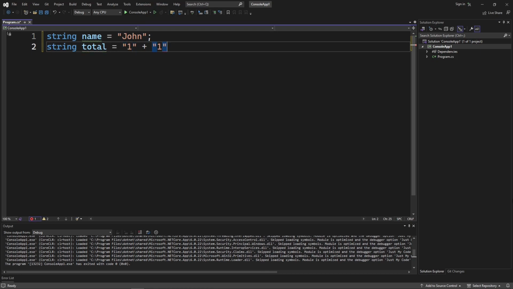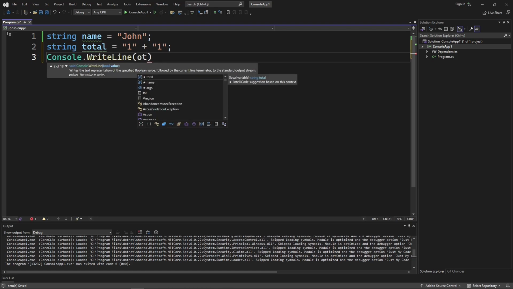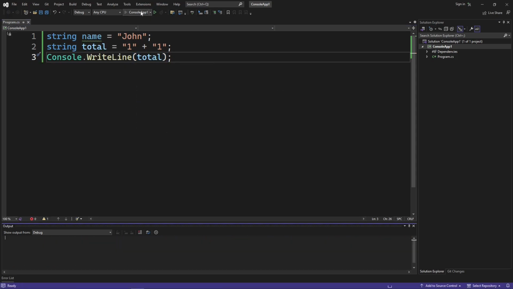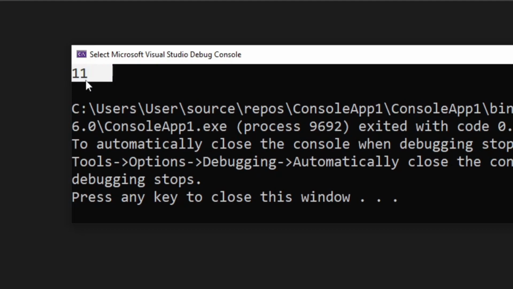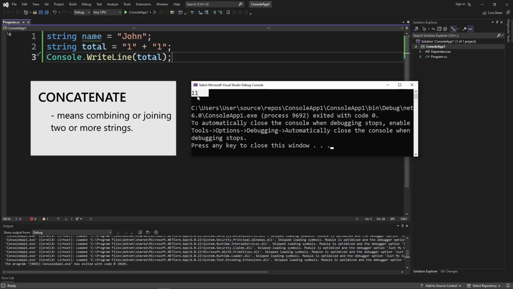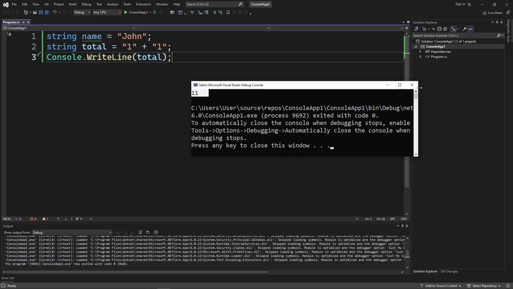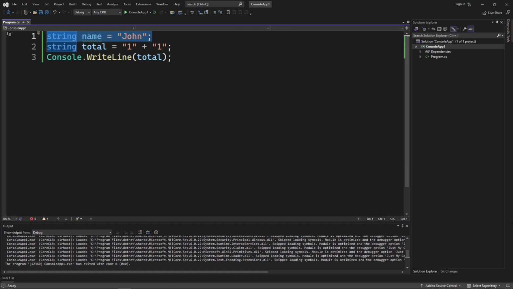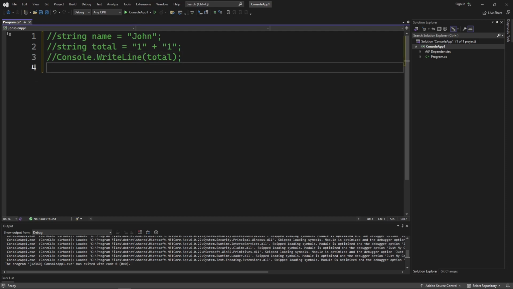In this example, if we try to add 2 ones inside double quotes, and we print it using Console.WriteLine, you could see that it is 11 and not 2. It just concatenated the 2 ones. Strings are used for recording data that doesn't change, and other things that don't require math, like your ID number.